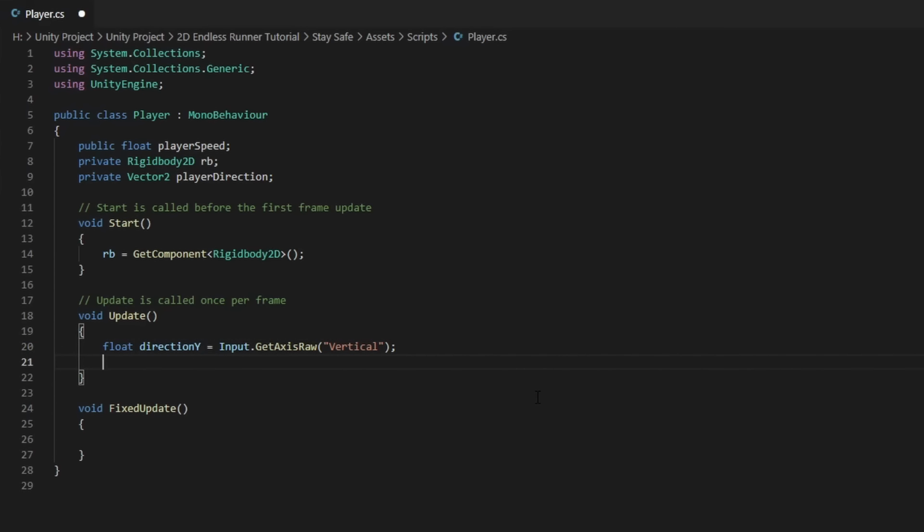So now, playerDirection will be equal to new Vector2, and we will give a value of 0 for the x coordinate as we won't be moving our player on the x-axis. We will put the directionY variable for the y coordinate, and we will add .normalized at the end to ensure our player's movement is consistent. Like I said earlier, we are doing all this in the update function because detection of inputs is usually done